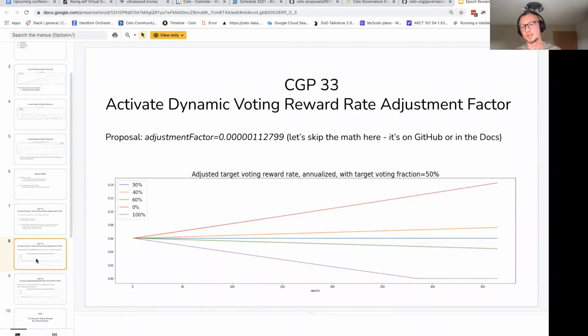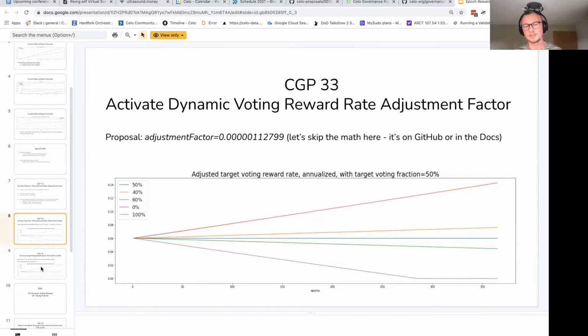That would be the development of the reward rate for the next year. The red and the purple lines are very unrealistic cases. They would be the case if the voting fraction stayed at 0% or 100% for the whole next year, and then the maximum change would be 10% after one year. So the value is still quite small, but since it's not been activated, we want to be careful with it.